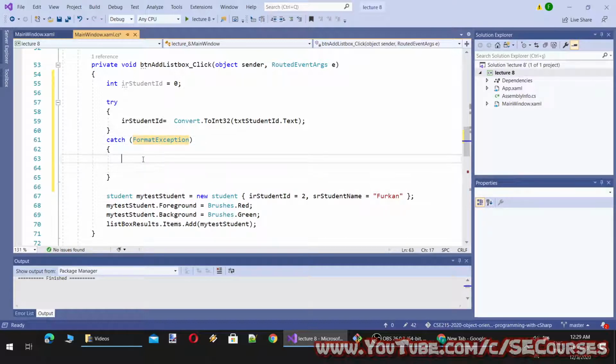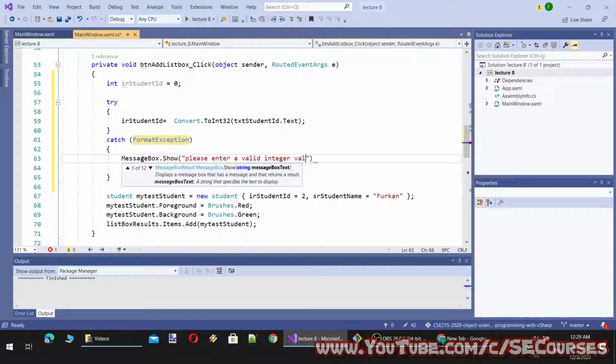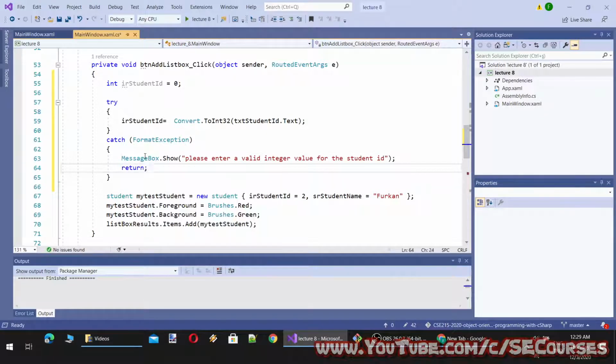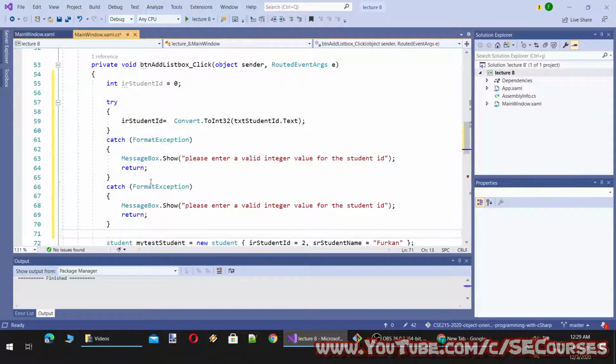And if format exception happens, I will show a message, and I will return, so the method will not continue. And I will add also overflow exception, which is the second exception type that can happen. And if this exception happens, I will say that